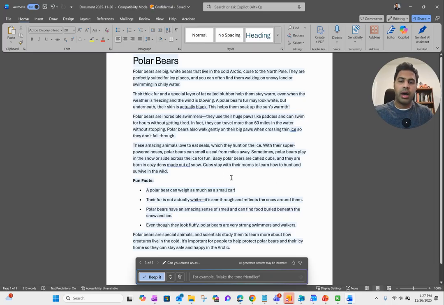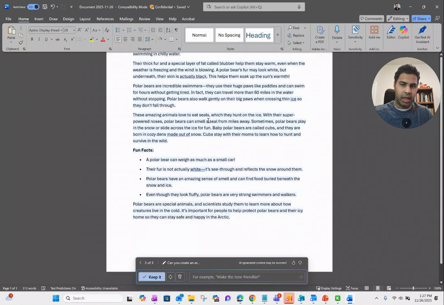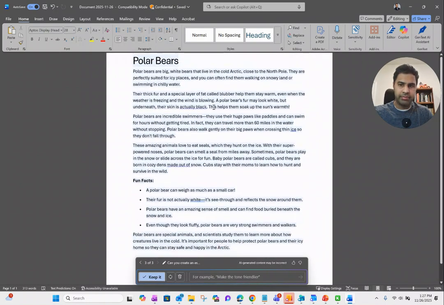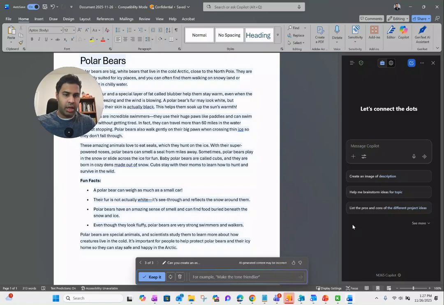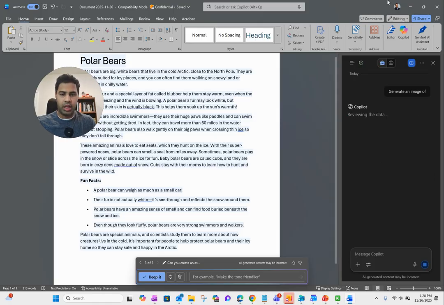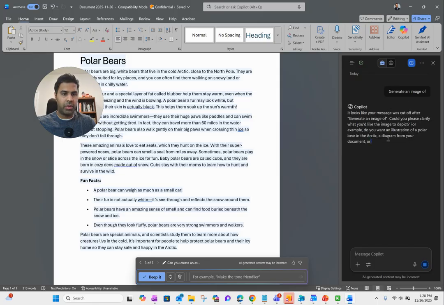So here you can see it's created this essay about polar bears that I can now use. I can also click on this Copilot icon here if I need to ask follow-up questions, right? So let's say I want to create an image for this description. So I can just click on that, and here it's going to give me the image,